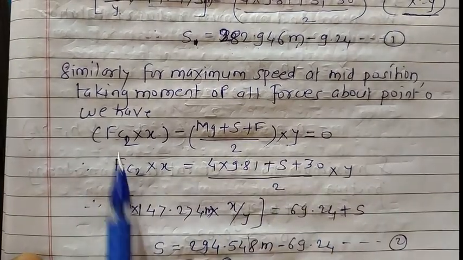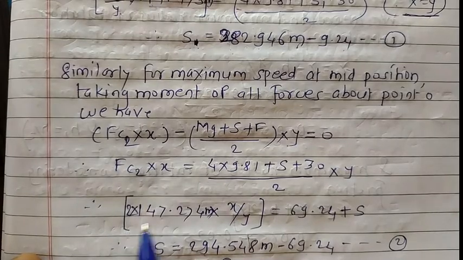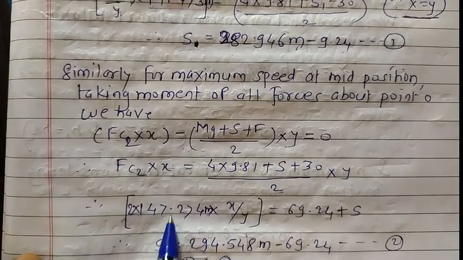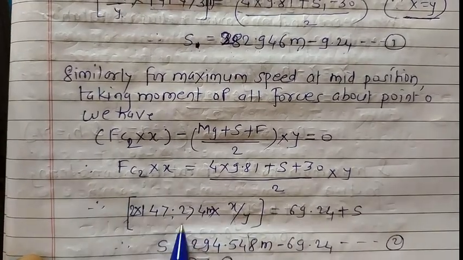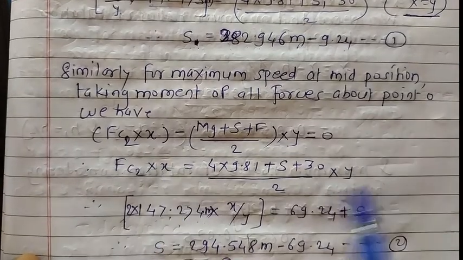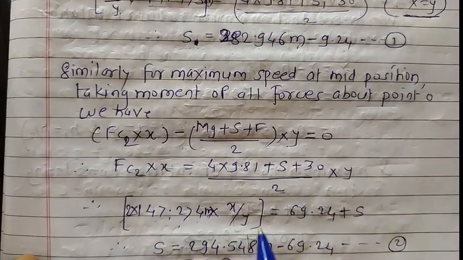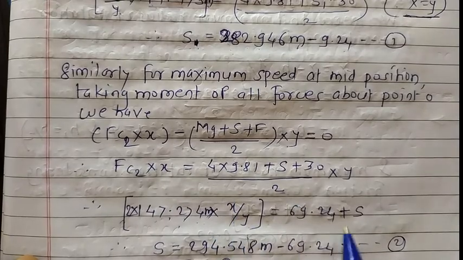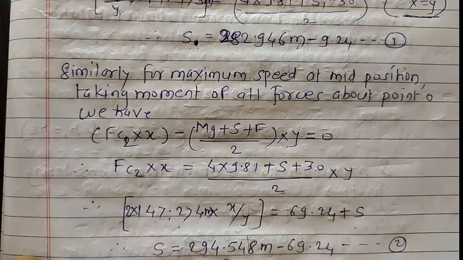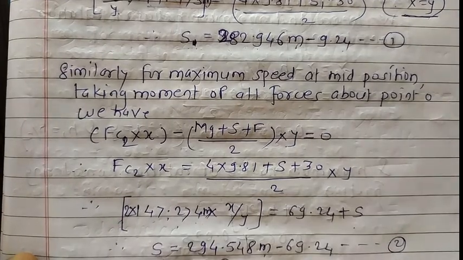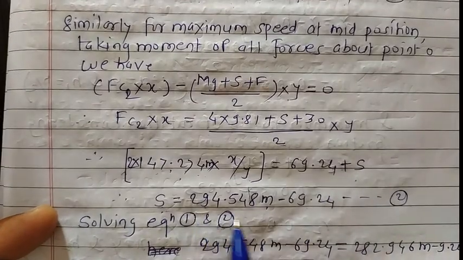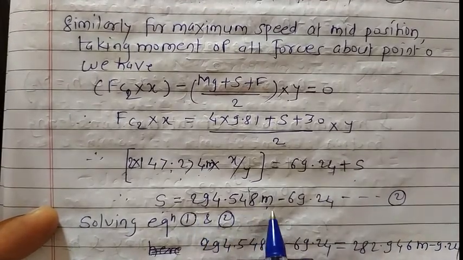The fc2 value is already with us, so just substitute the fc2 value. The 2 will come here, so 2 multiplied by the fc2 value in terms of mass, multiplied by this x term, which will remain as it is. Just take this term towards the left side, x divided by y, this term will remain here. So again you can get the next relation in terms of mass and the spring force: this s equals 294.548 m minus